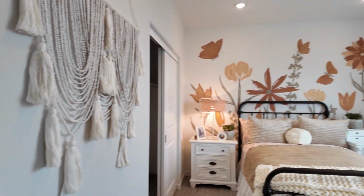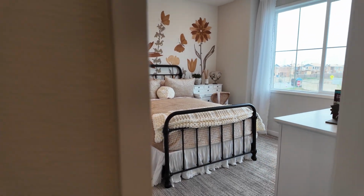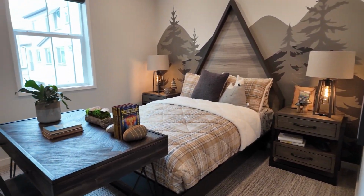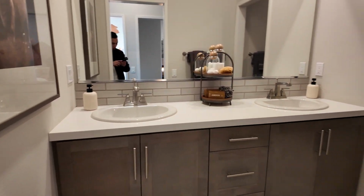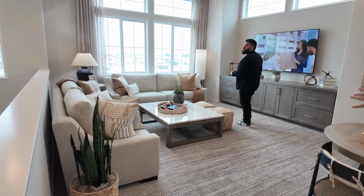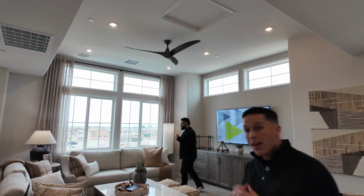Check them out. And they're actually really good size. Wow, this is a very good sized bedroom. I wish. And then whenever you have bedrooms, you're gonna have a full restroom. It's a shared one there. Now this is one of the selling points of the home. Look at these high ceilings. Look at these windows. Again, this is the kind of space that when people walk into, they're gonna be like,